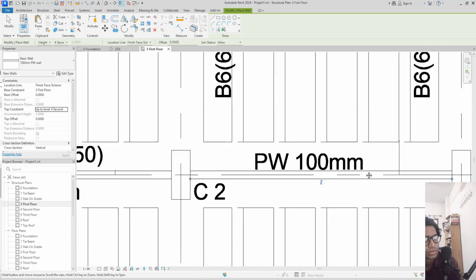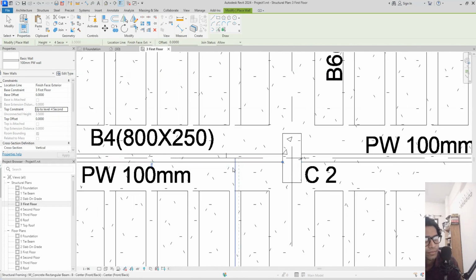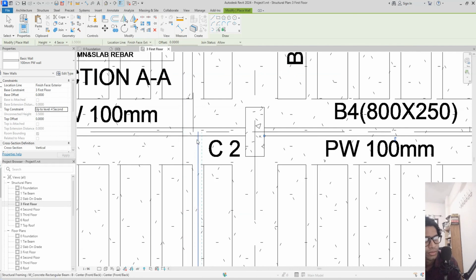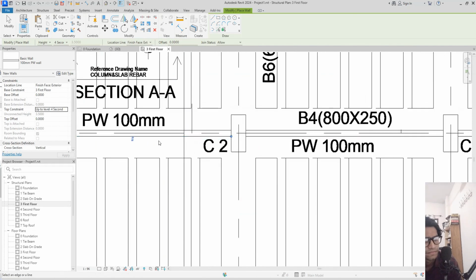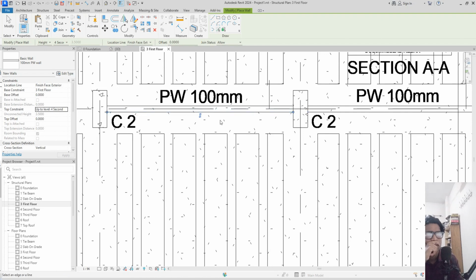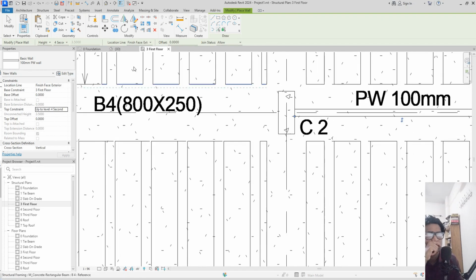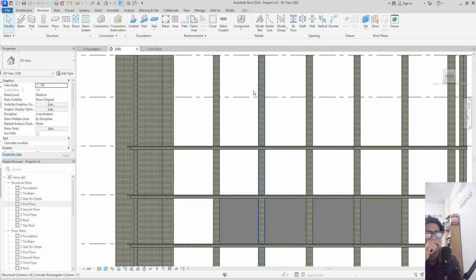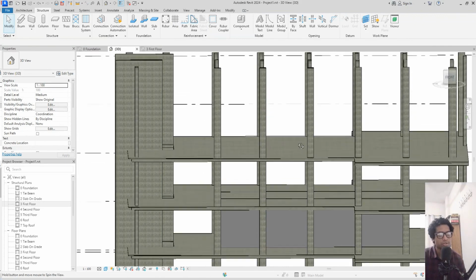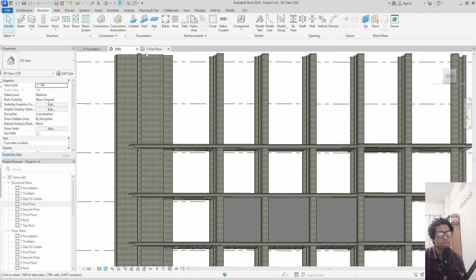Anything else? Okay, the partition walls have been created. Now I will place